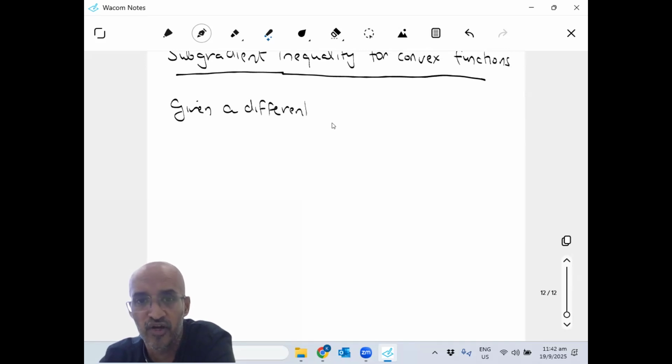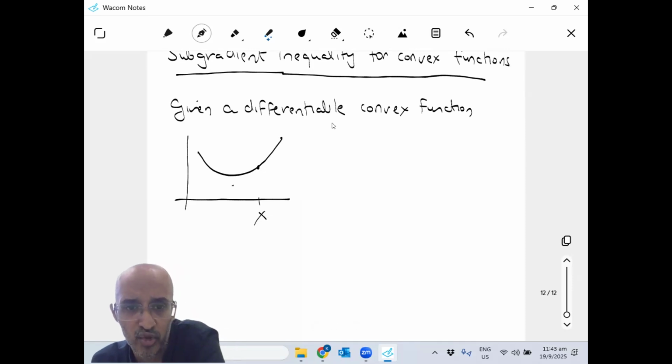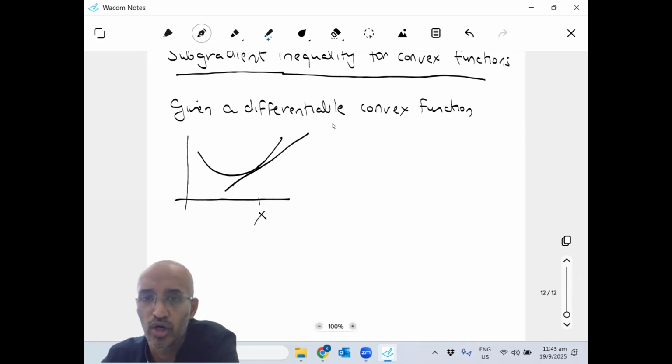I gave you a definition. An alternate way you can think of a convex function is, if you take any point x and you take a point y, f of y, so for convex functions, what will happen is